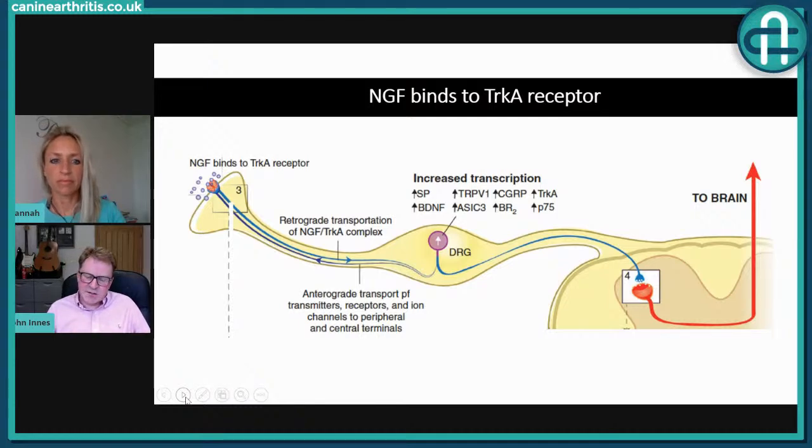So the effect of this is to essentially sensitize the nerve endings and sensitize the spinal cord to painful stimuli. So when you've got chronic pain in a joint, it's easier for the nerve endings to be stimulated. So joints that are already painful sense pain even easier. So the whole joint is sensitized, but actually the whole limb can be sensitized. And dogs are feeling more pain, or feeling pain more easily once this whole system is ramped up.